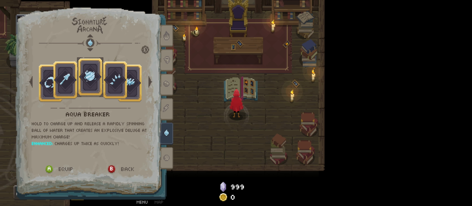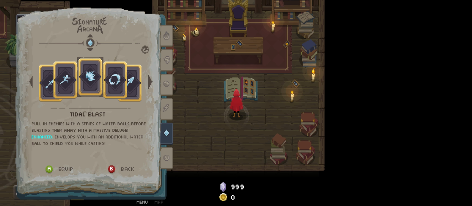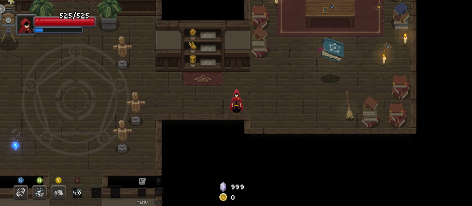But, okay, so what do we got left for water? We've got Frost Scimitar, we've got Aqua Breaker, and we've got Aqua Beam. Oh, and we also have the Crystalline Balestra that I somehow managed to miss. Alright, so we've got two that kind of function on a similar idea. So we're going to start with one of those right now and do Aqua Breaker, which is a big boy